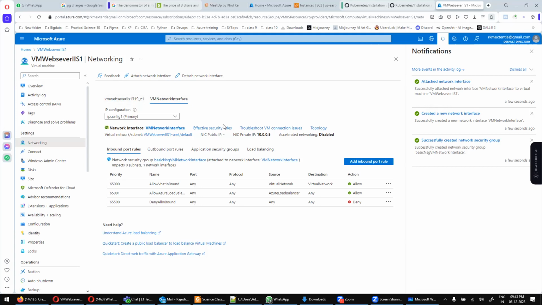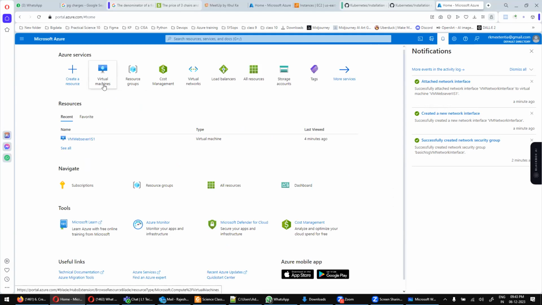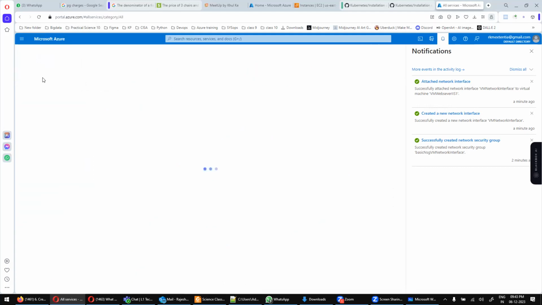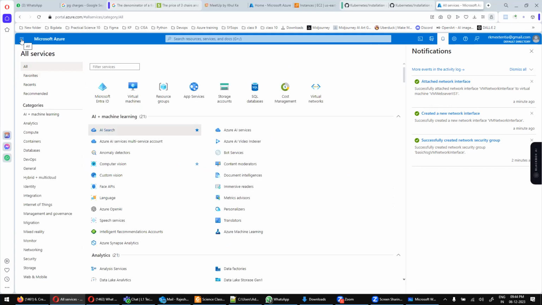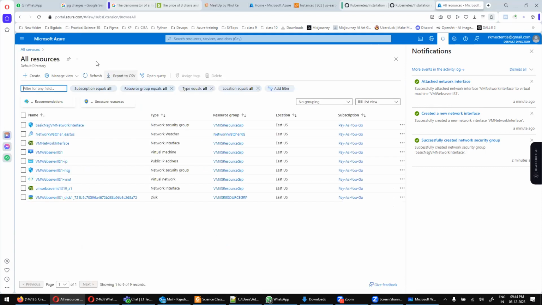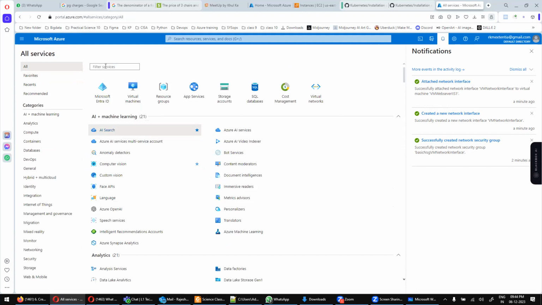Then the network is also done. Then we will see virtual machine scale set. Now, what is a virtual machine scale set? Here I can go over here. I will say all services. Let us go to all resources, and go to all services, and I will type here